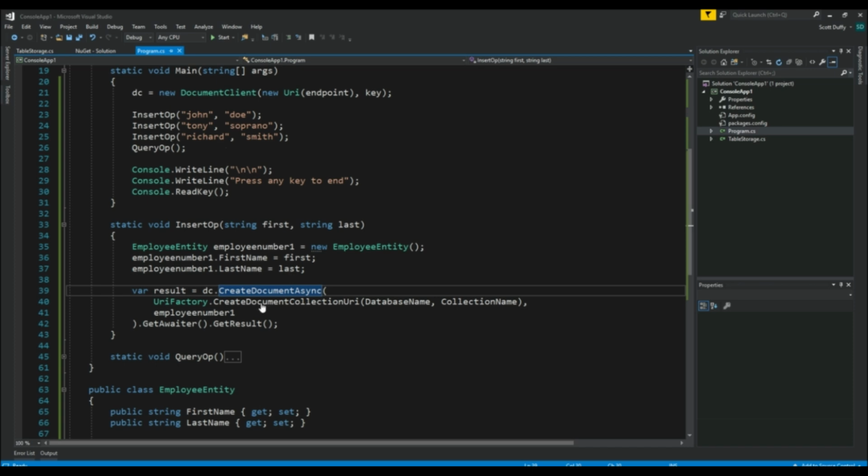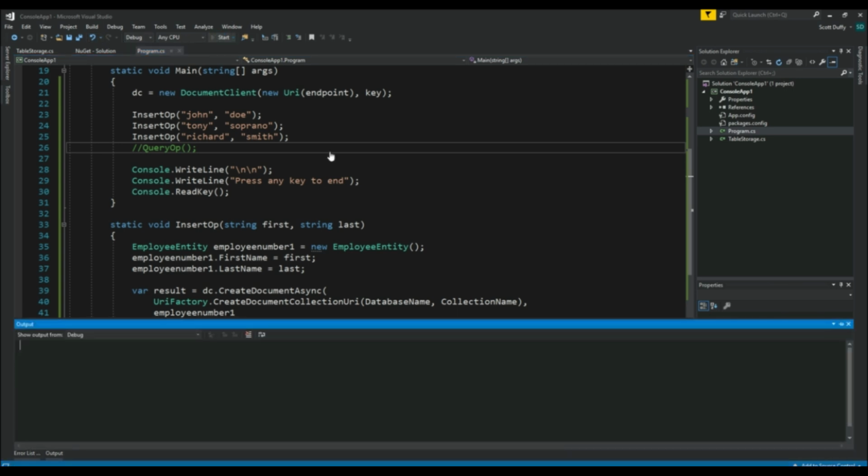And so this code here will insert, I'm going to comment out the query for a second. Simply, this code here is going to insert these documents into the Cosmos DB. We've got the names John Doe, Tony Soprano, and Richard Smith. So if I was to simply start and run this program,